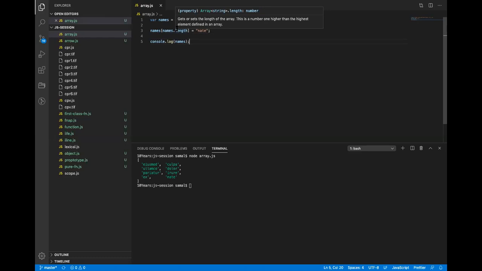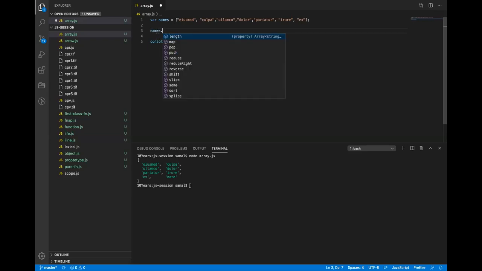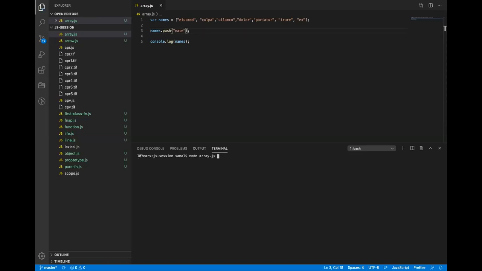That is how you modify the data types. And let's say I want to add an item at the end of the array. By using the array constructor, we have a few built-in methods. So let's say I do names dot. The moment I do dot, there are a couple of built-in methods that give you real flexibility to operate on this array. So there is a push function. If I want to add something, I can do it with the push method. This does the exact same thing. It adds the item at the end of the array.